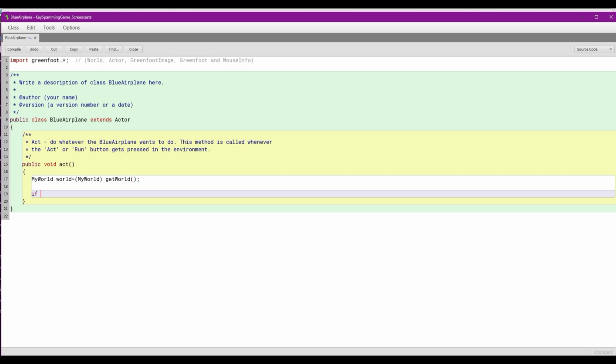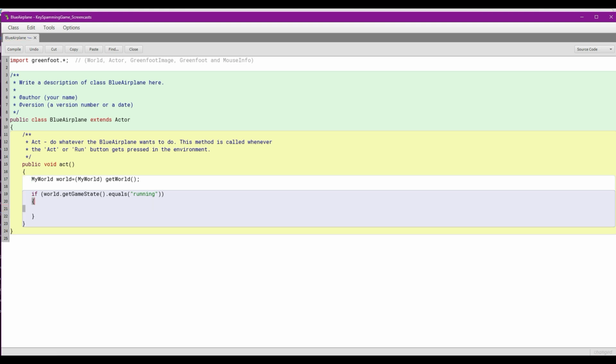And now I'm going to add the line of code that says if world.getGameState() equals running,